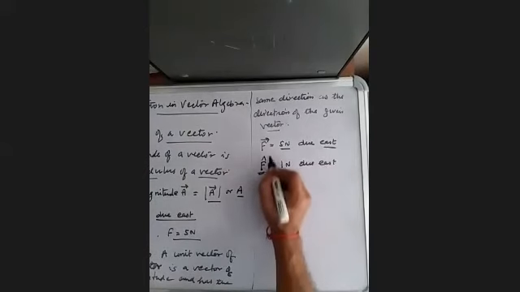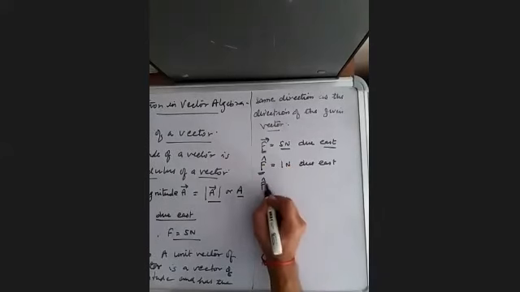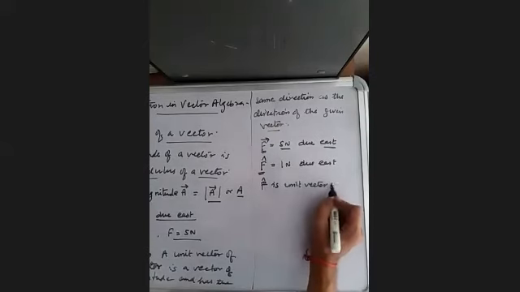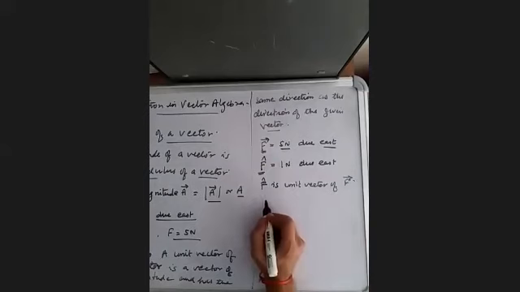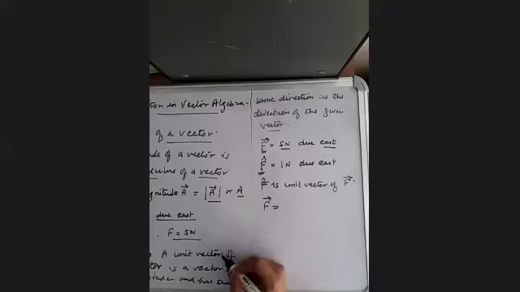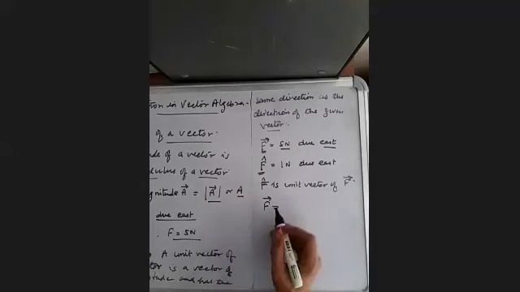Now this is called the unit vector of this vector. So F hat is the unit vector of vector F. Okay, now how do we find the unit vector? That means vector F is equal to... because the unit vector is only giving the direction, we can add the direction to the magnitude and get the vector. Multiplying the direction with the magnitude of the vector will give you the vector back.